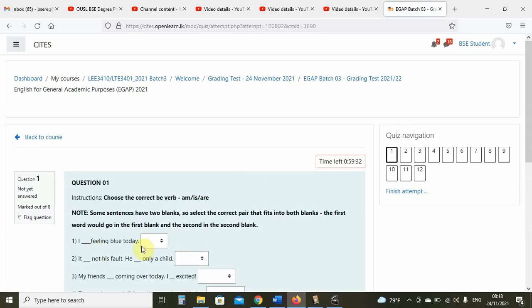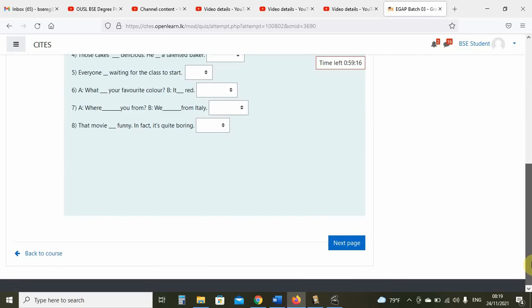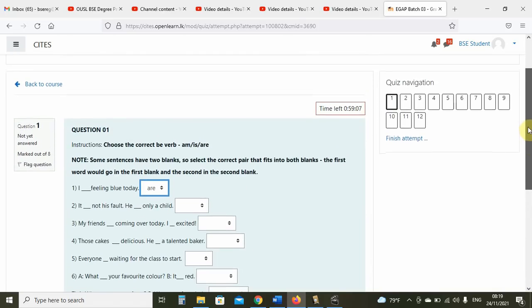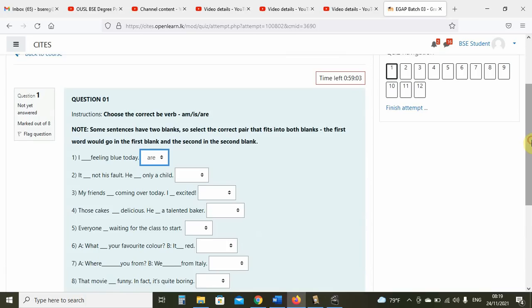In this example, you have to select one of these and for the suitable thing to fill it. So once it appears here, it is you have answered this question. Okay. Once you answer all the questions, you can click next page. And when you go to the last page, when you think you have finished answering all the questions, you can click submit, right? Or you can click finish attempt here.